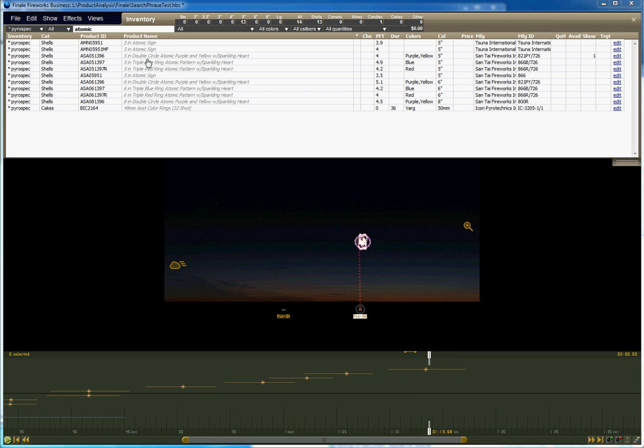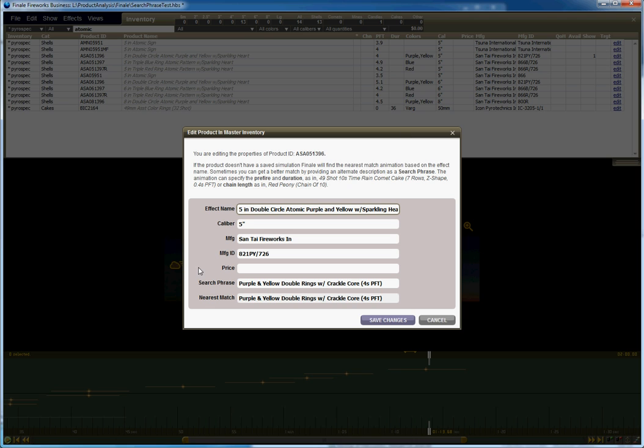Now the fun part, having this update into my effect inventory. I can just go here to this double circle, atomic, purple and yellow with sparkling heart. Go over to the right and click edit. And down here it says search phrase. I'm going to write in that search phrase that worked, which was 5-inch, purple and yellow,